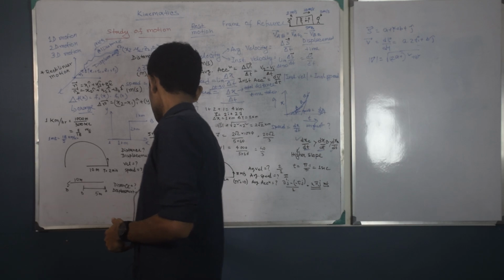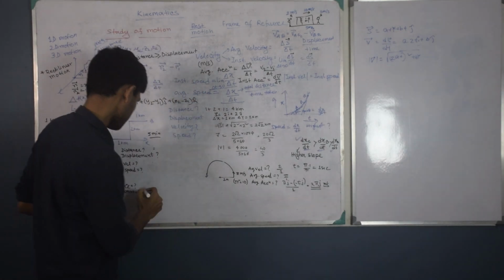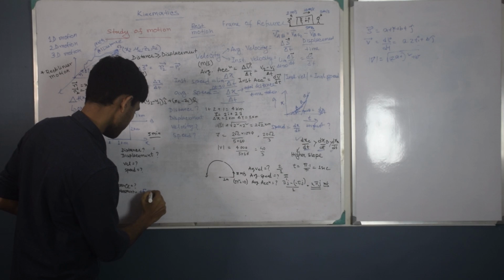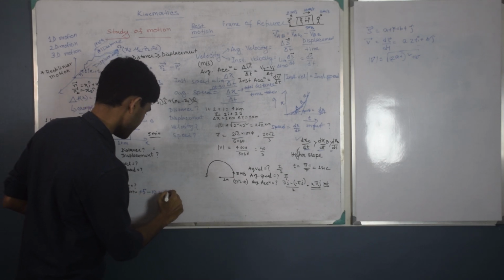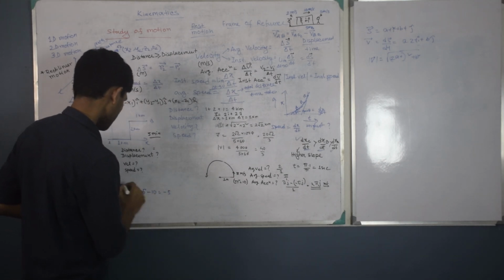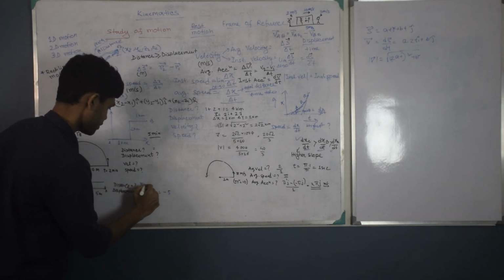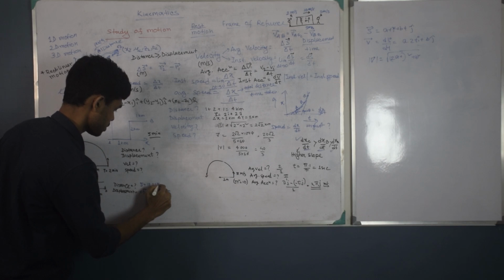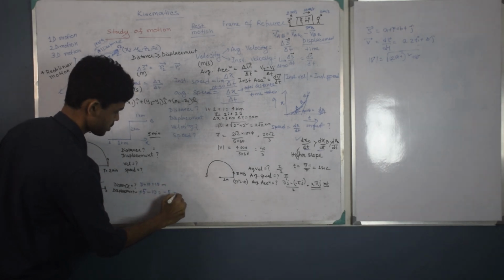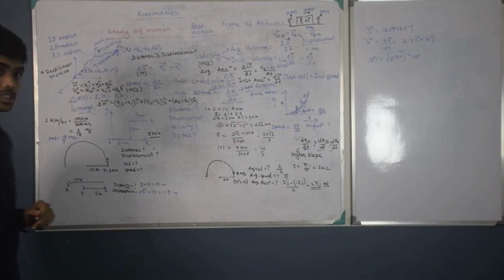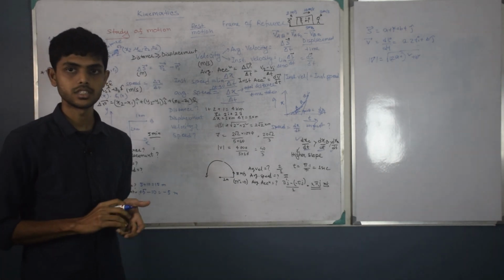The magnitude of the displacement is root under 2 square plus 2 square, 2 root 2 km. And if you have to find the velocity, it will be 2 root 2 kilometers over time. If you change it into meters per second, 2 root 2 into 1000 by 5 minutes, the total time, 5 minutes is 6